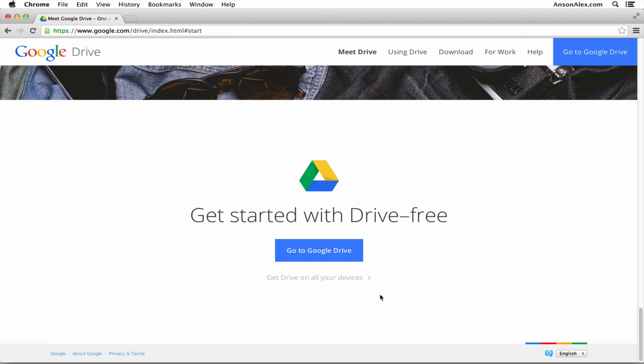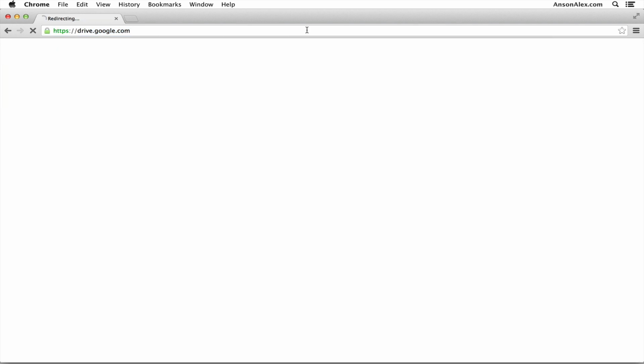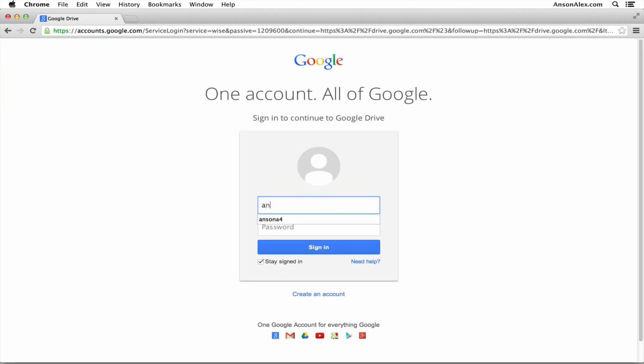It's free to try out. You need a Google account to do it. So it's the same account that you would use for Gmail, Google Calendar, or YouTube. So if you already have a Google account, you can just go to drive.google.com in your web browser and you can log into your Google account. So I actually have one in my Anson Alex 2014 account. If I log in real quick,